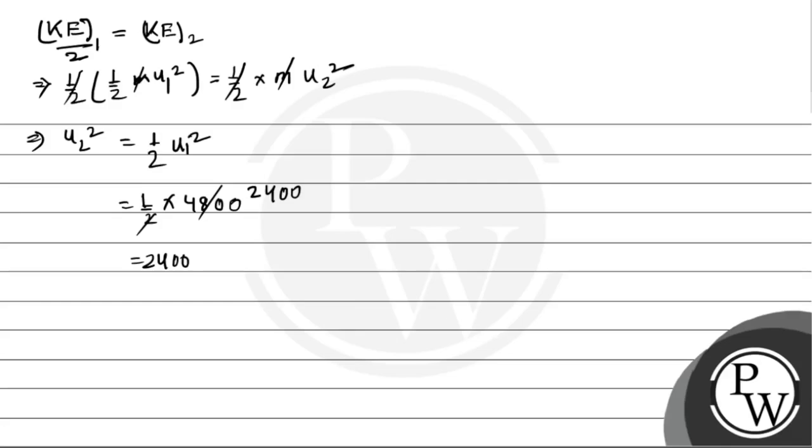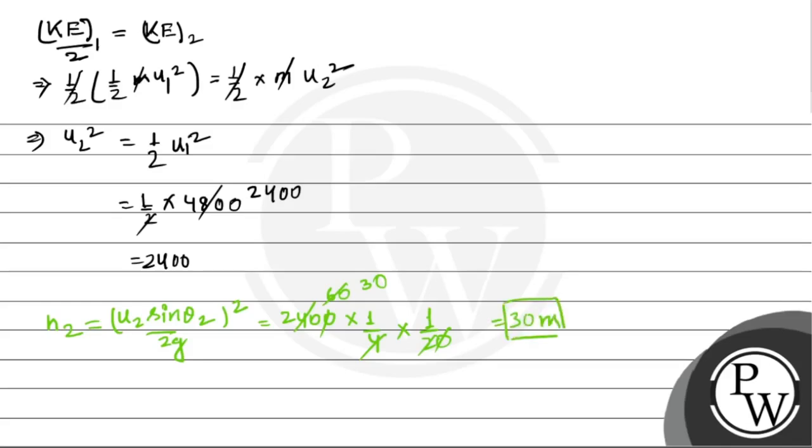नाउ अगेन we use this formula h equals to u squared by 2g for the second case. तो इस केस में h equals to h2 and u2 sin theta 2 square by 2g. u2 का वैल्यू हमको मालूम है, that is 2400. u2 का स्क्वायर into sin theta 2, sin 30 डिग्री का वैल्यू होता है हाफ, दैट इज 1/4 इंटू 1/2g, दैट इज 20। तो 0 0 इधर कैंसिल आउट किया, 4 से 240 को कैंसिल आउट किया तो हमको मिलता है 60, और 2 से 60 को कट किया तो हमको मिलेगा 30। सो h2 इक्वल्स टू 30 मीटर।